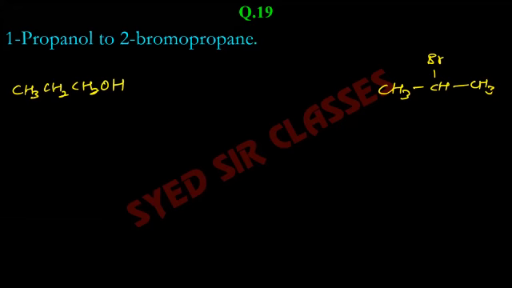So you just need to introduce the double bond first and then break the double bond in such a way that the bromine gets attached on the carbon which has less number of hydrogen atoms. Means the second step has to be the Markovnikov addition, HBr. For that, you need to have this in the form of CH3CH=CH2. It will give you the Br on the middle carbon, having less number of hydrogen atoms.